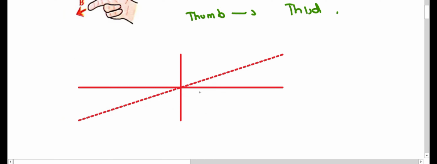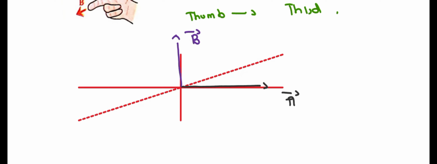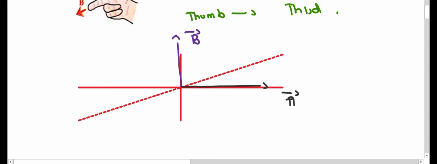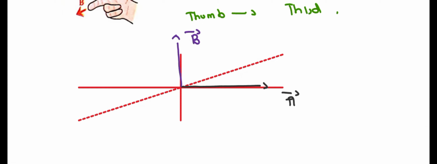Now let's suppose our first vector is directed along the positive x-axis and the second vector is directed along the positive y-axis. By the help of the right hand rule, we can easily determine the direction of the C vector. This rule says to put your index finger onto the direction of the first vector, and in this case it is nothing but the positive x-axis, because the A vector is lying along the positive x-axis. So put your index finger to the right, the positive x-axis direction.